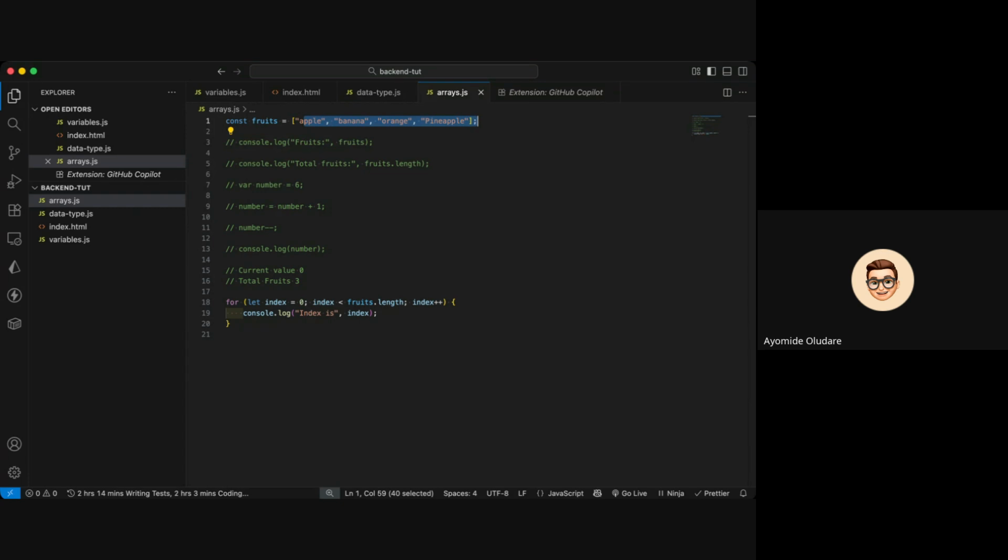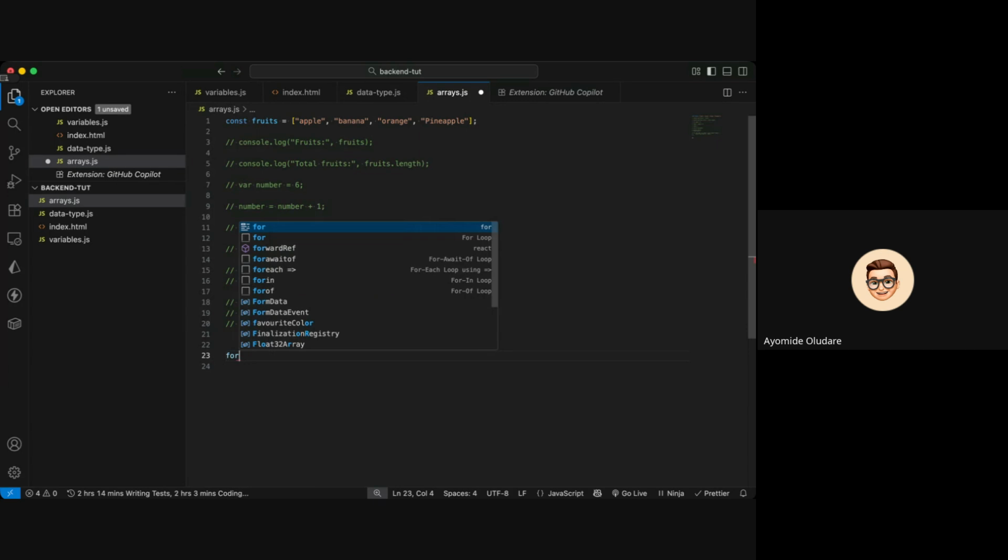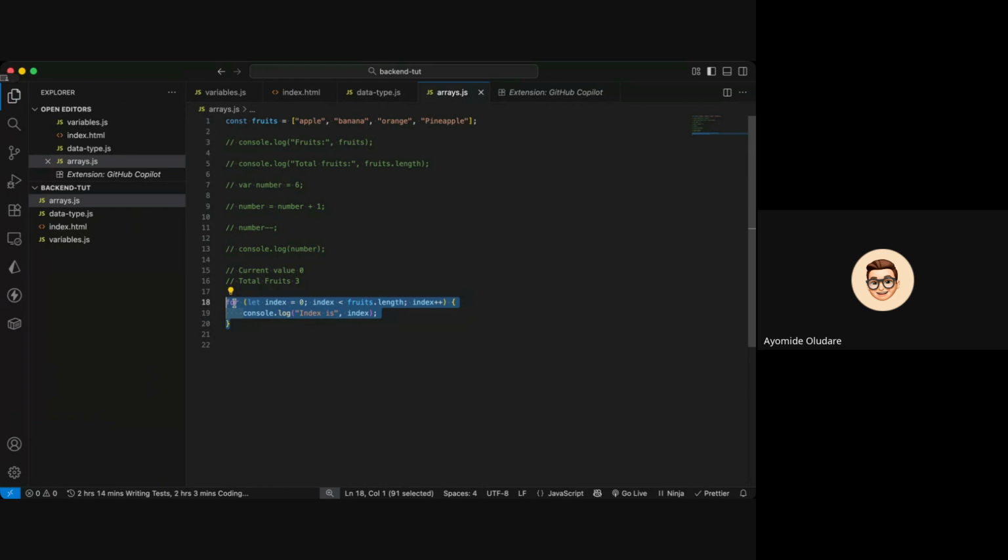And now we have the total length of the fruits. We can do something else. If you don't want to work with the total length of the fruits, you can say for. Okay, before I continue,